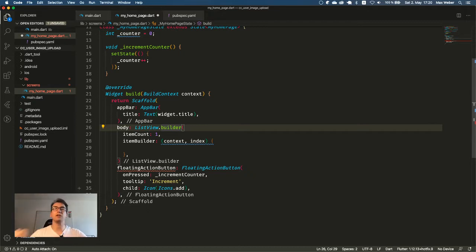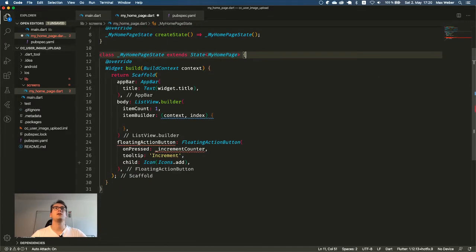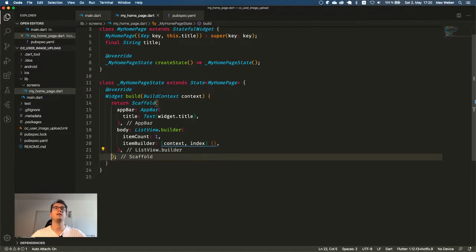Ah, all right. Yep, that could be with the indexing. So I think that can be gone because we don't have a counter yet. Also that floating action button can be gone. And we have a nice little empty boilerplate.